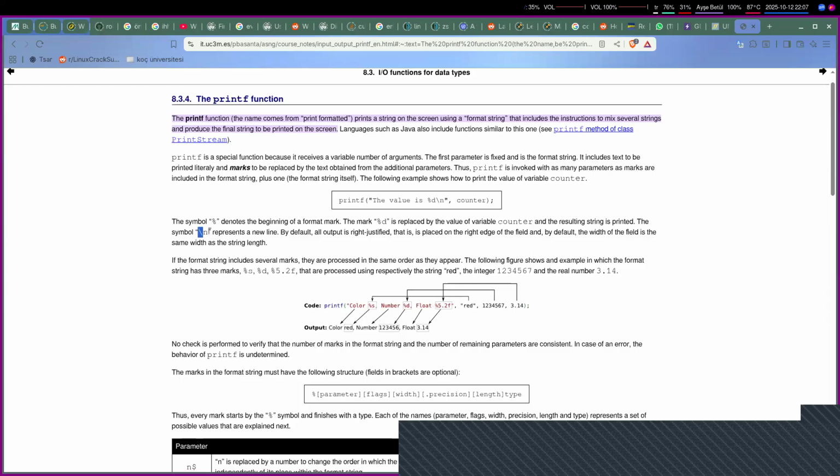The symbol \n represents a new line. By default, all output is right justified, that is, placed on the right edge of the field, and by default the width of the field is the same width as the string length. So which essentially says